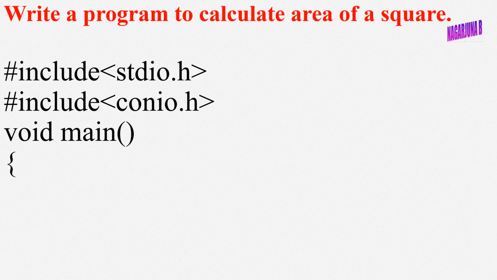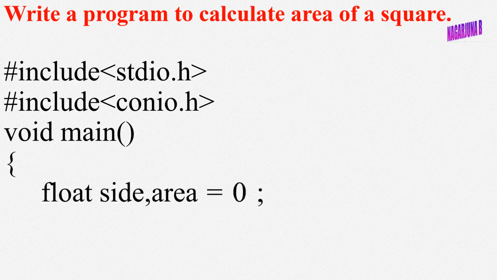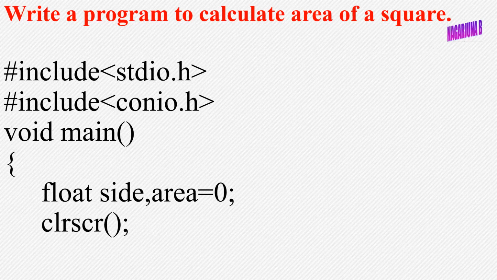Then how many variables do I require in this particular program? I require two variables, one to accept the side value and one to store the area of a square. For that purpose I declare two variables of type float as float side, area = 0; Here you can observe that I have initialized the value of area to 0. Then clrscr();